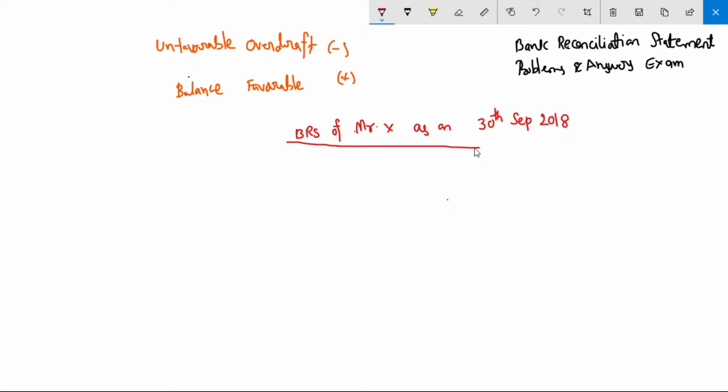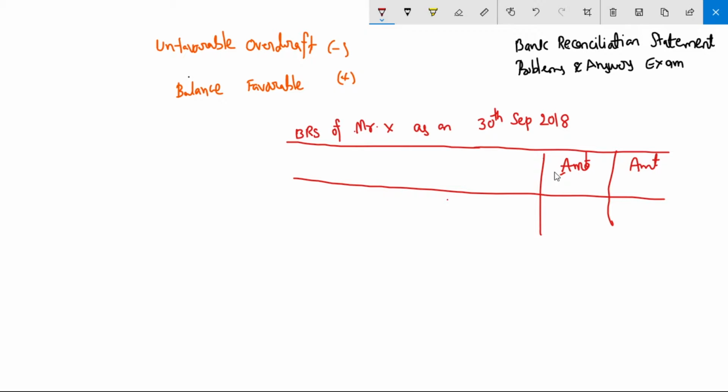Okay, and there are three columns in it: particulars, and amount columns. Because it is a statement, there is no need to put debit and credit. Got it? See, you are writing particulars here, particulars and amount. Any issue? No. Now, when we come to transactions, if they give transactions in books in an exam paper, for example, A transaction,